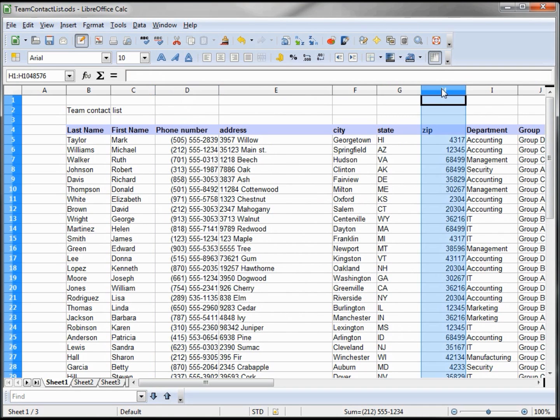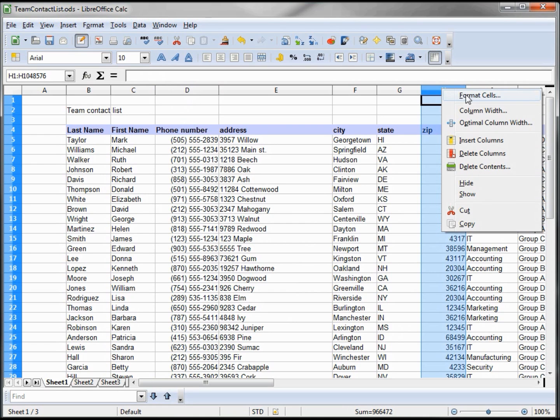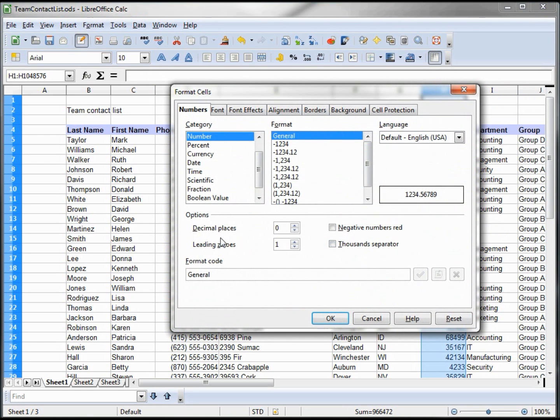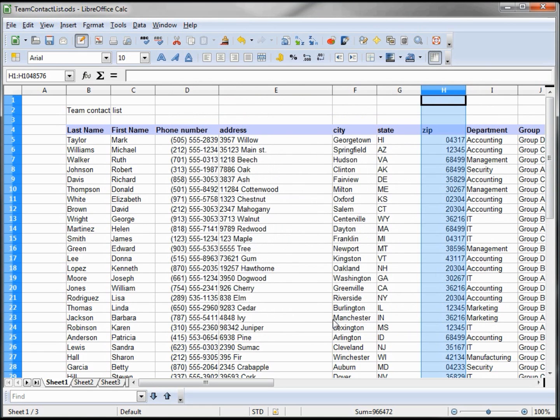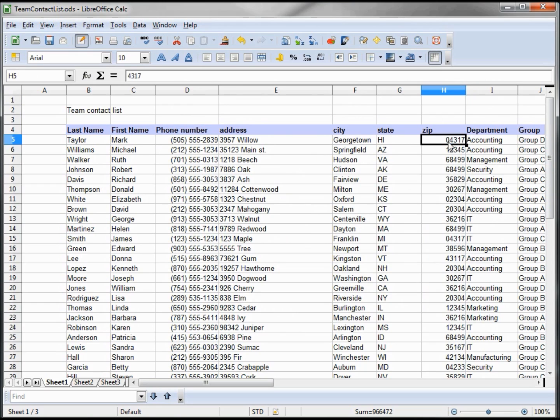And then for the zip code, I highlight this whole column and format cells. For this one, I'm just going to say leading zeros. Instead of 1, I want to have 5. And I'm going to give this a name and call this US zip. Basically that just makes this up to 5 zeros. If we had a 0, it'll show up as all 5. See, all 5 zeros. So that's how we do the zip code, and let me undo that to keep those numbers.